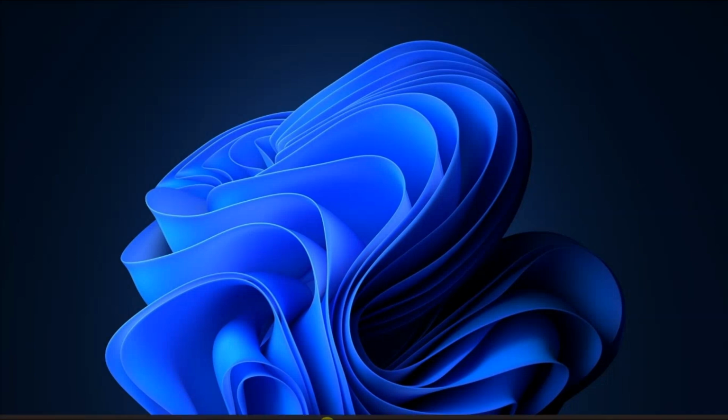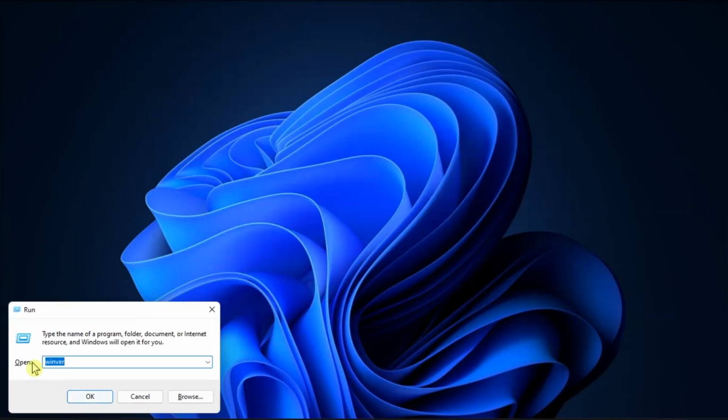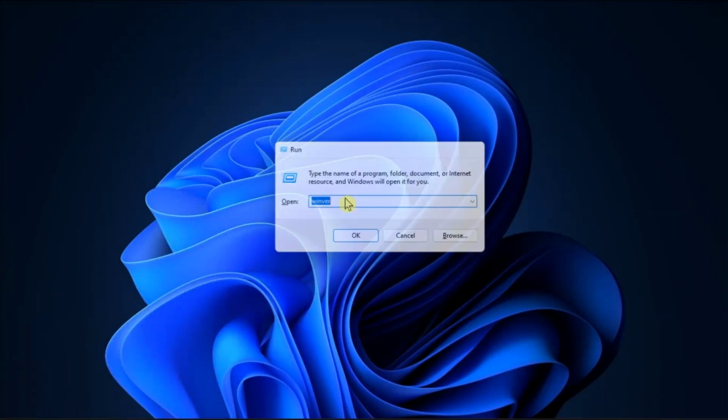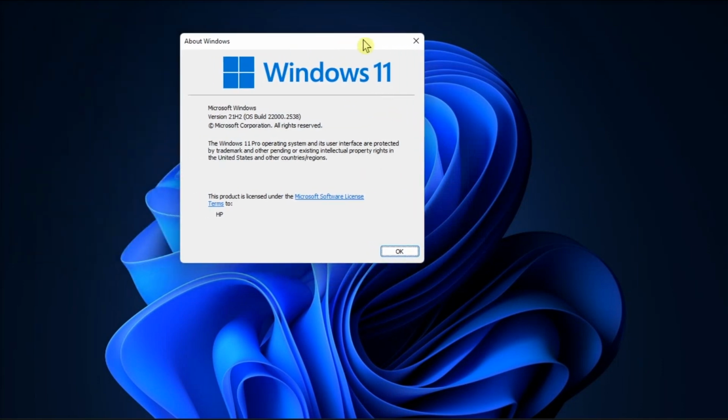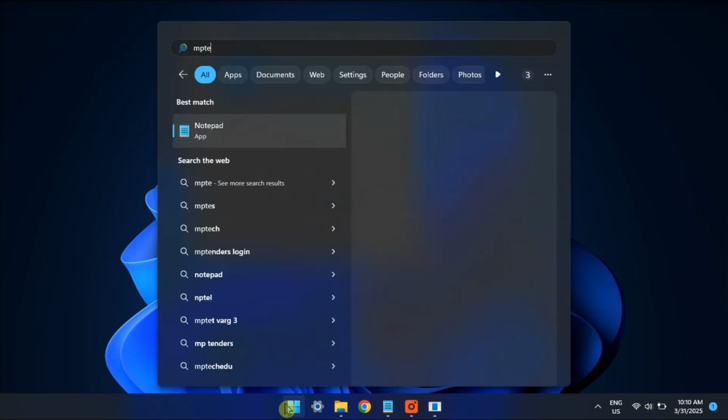So firstly, check what Windows build and version you're using by opening Run, typing in the following, then pressing Enter. In here, you should not be using Windows Home in order to use the Group Policy Editor. But if it says you're using Windows Home but cannot access gpedit, then try running a bat file by